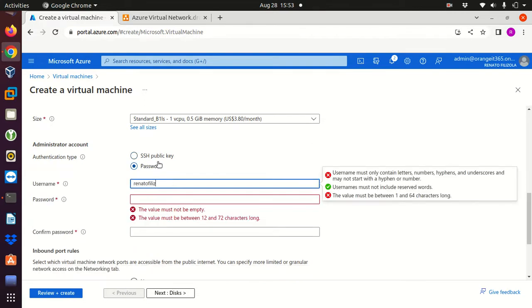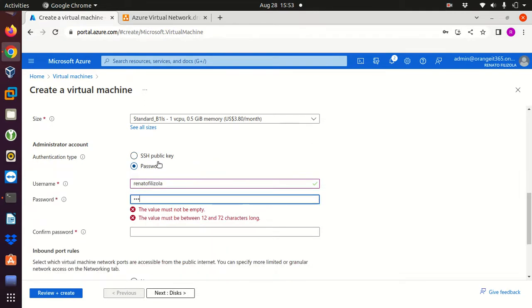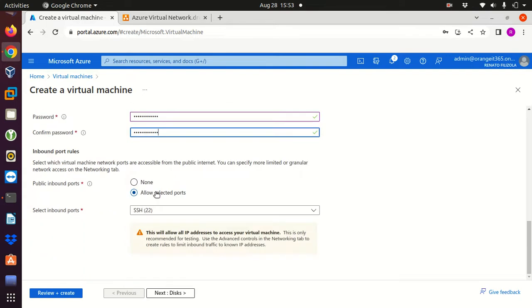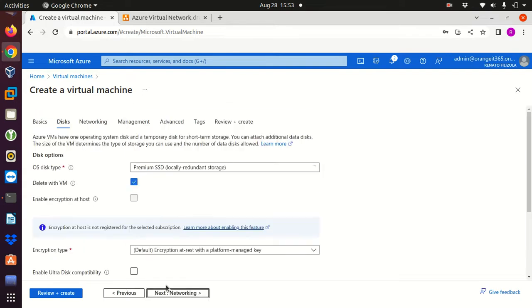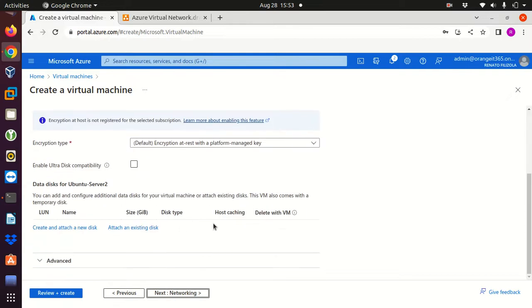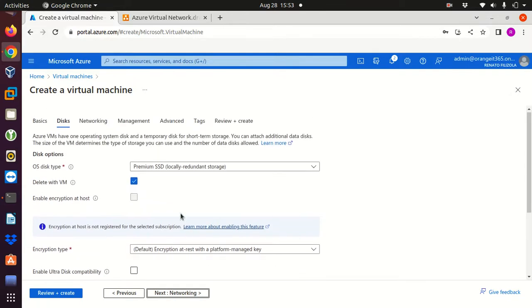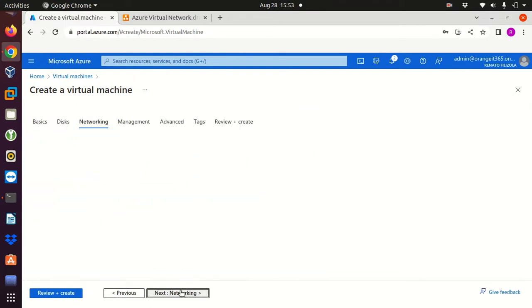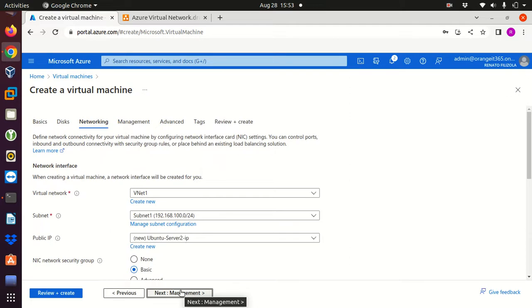Gonna enter my username, and I will create my password. I need to confirm. There we go. Same thing, inbound ports. Same thing here. I'll keep delete with VM. This is important. Networking, and